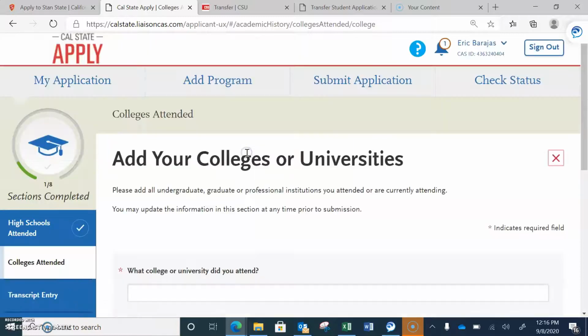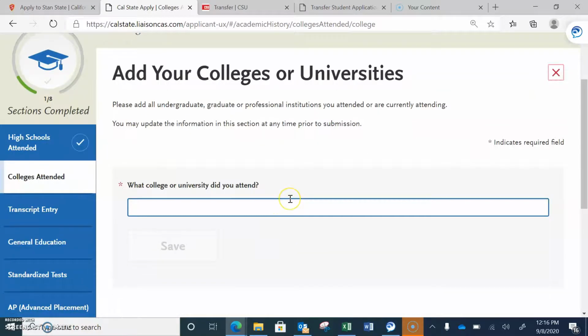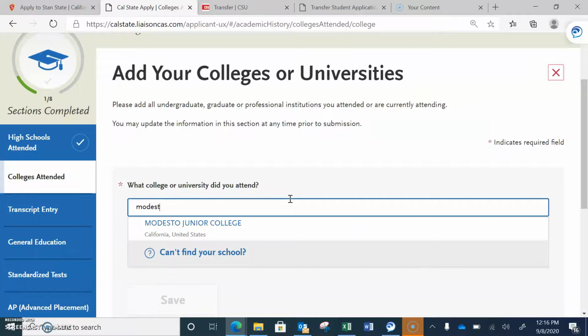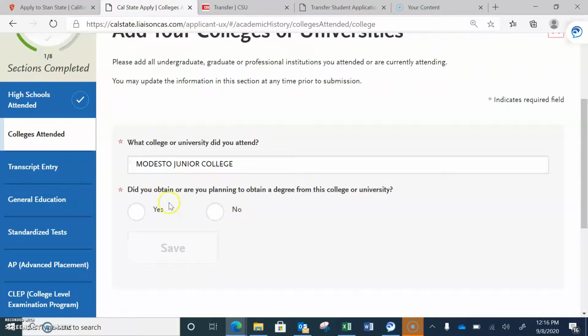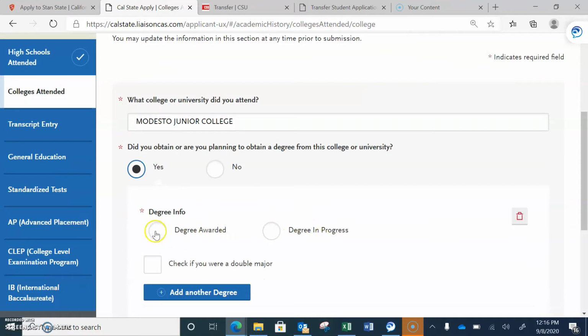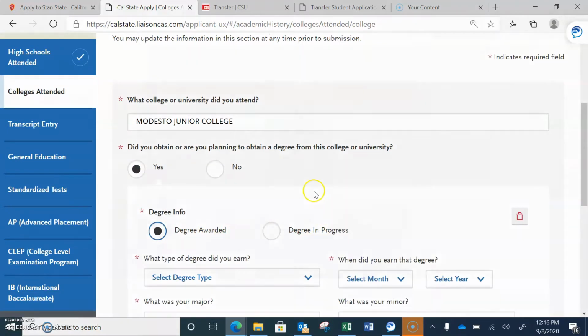Add college or university. So here is where you're going to put Modesto Junior College. It's already there for you. Go ahead and select it once it populates. And if you obtained a degree, select it. So I'm going to say that I did. Degree awarded. And the idea is that you